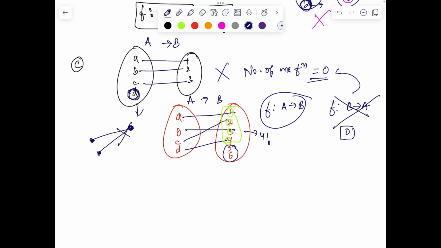क्योंकि ऐसा हो सकता है, I will try to do in the same diagram. ऐसा हो सकता है A4 के पास गया, B3 के पास गया, C1 के पास गया, D2 के पास गया, और A2 के पास गया, B1 के पास गया, C4 के पास गया, D3 के पास गया। तो जब मैंने 4 ऑब्जेक्ट को सेलेक्ट किया, फिर आपस में भी वो इंटरनली डांस कर सकते हैं, ठीक है, वो अरेंज कर